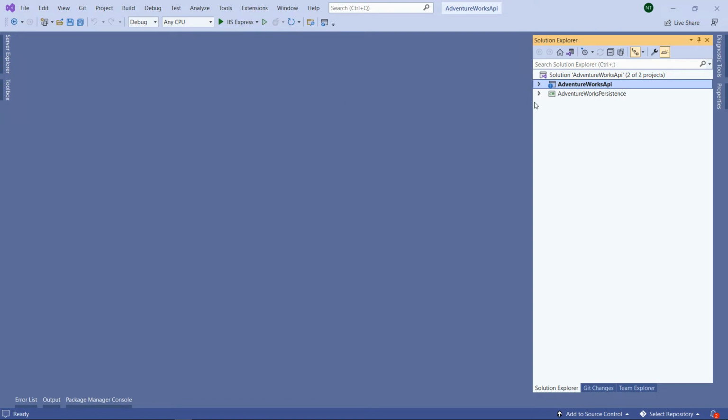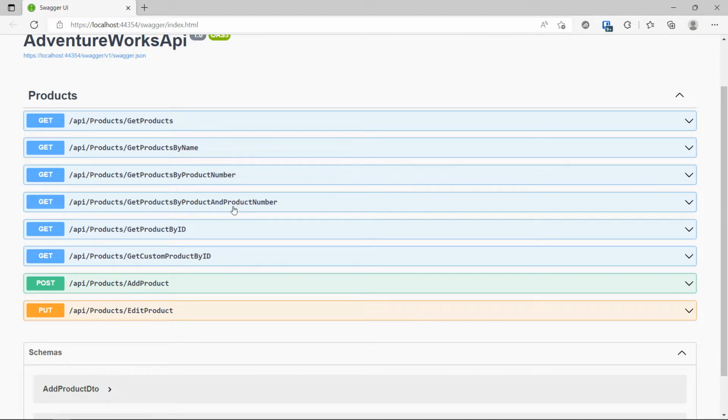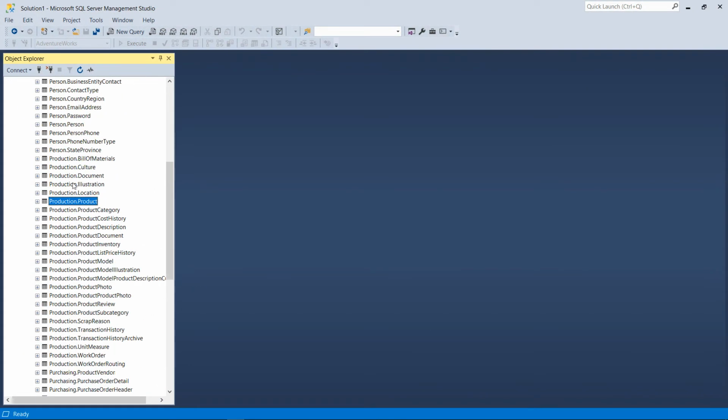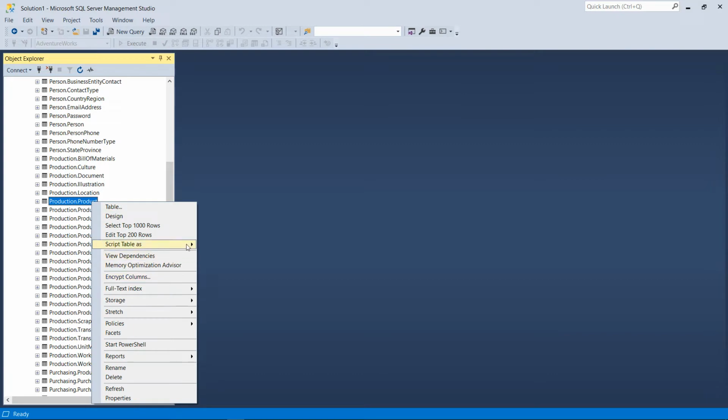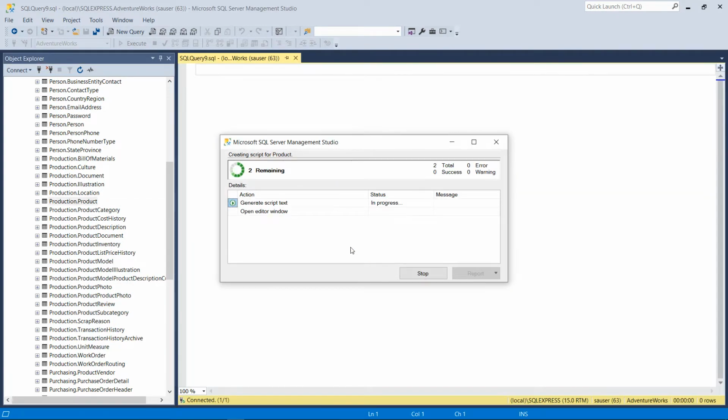Now in this API that we have been working on, if you run this API, you will see that we have created some API endpoints which are querying our product table. Now let's quickly take a look at the product table in our database. So if I just do a script for this table,